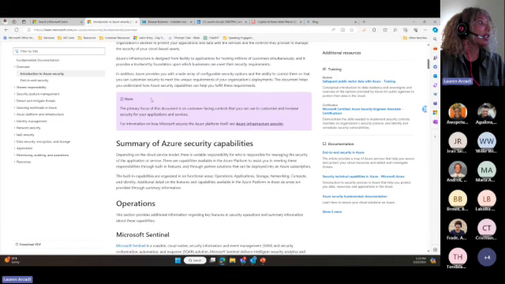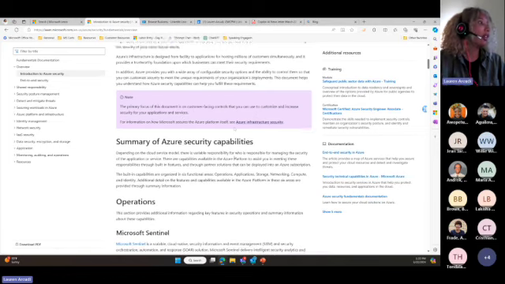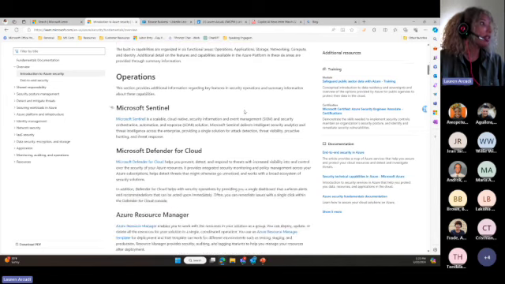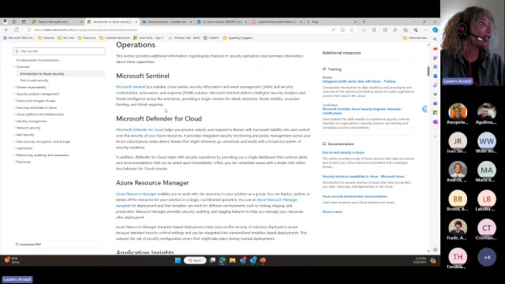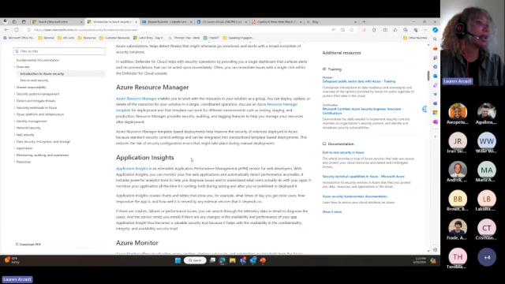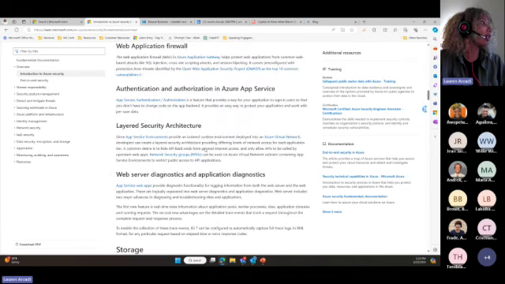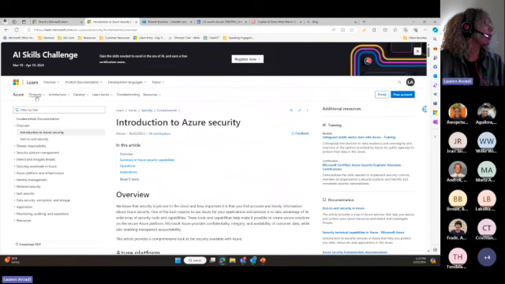Each one of these, I want to say fundamentals overview, always has a note. And it says, like, the primary focus on this document is customer facing. It gives you the summary, operations. If you want to learn about Sentinel, Defender, resource management, I mean, it goes on and on and on and on. Okay, but I'm going to go back here